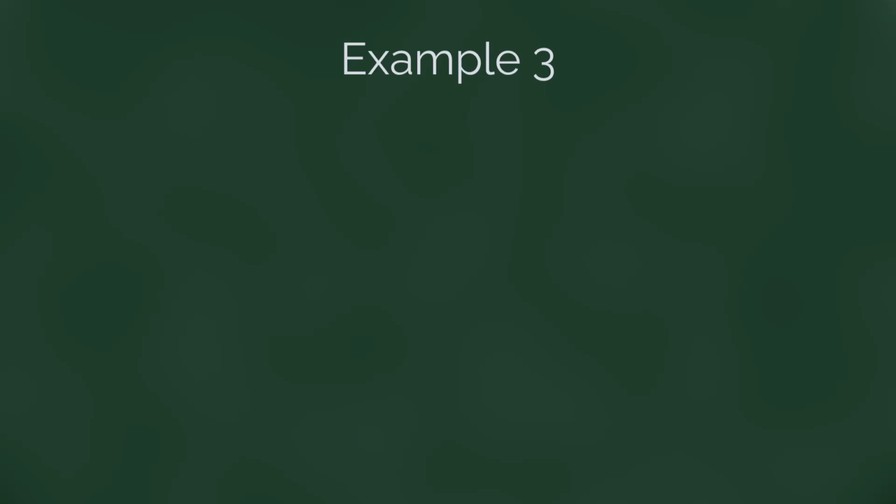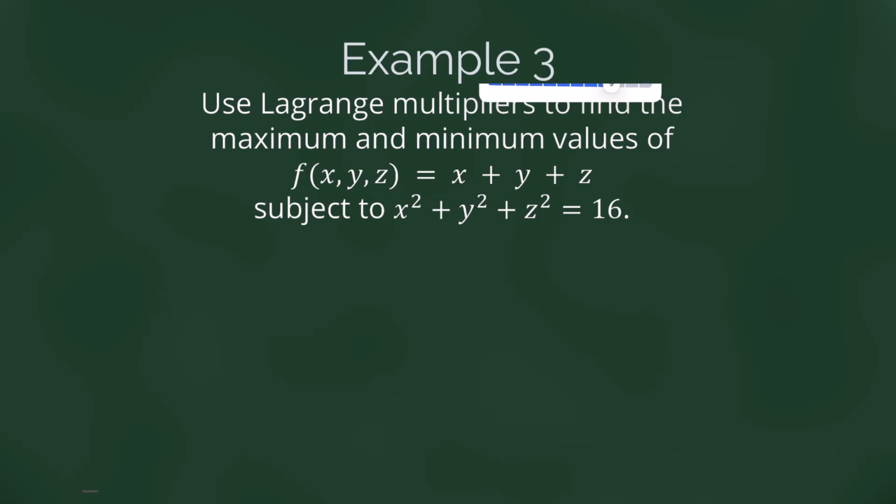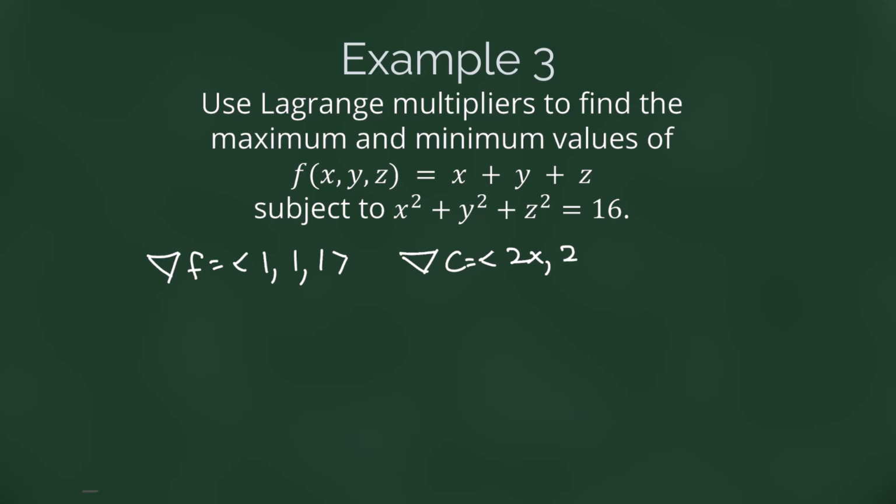All right, we're going to take this into 3 dimensions now. Same idea though. So we're going to look at the gradient of f. It's going to be the vector 1, 1, 1. And then the gradient of our constraint is going to be the vector 2x, 2y, 2z. So that we know that 2x equals lambda, 2y equals lambda, and 2z equals lambda, so that x equals y